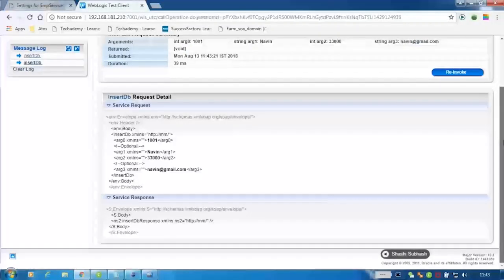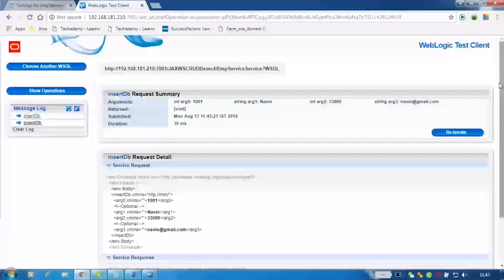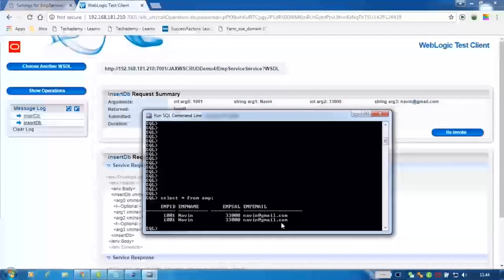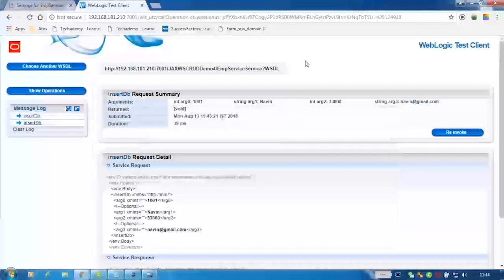So the thing is that whether it is inserted or not, I want to search. Fine. So if I want to search whether inserted or not, this is the WSDL. So the user ID is 1001, right? So you can check from the backend. Select from EMP. Yes, it is inserted in the database, right? It is inserted 2 times. I think you have done insert 2 times. Okay. Now